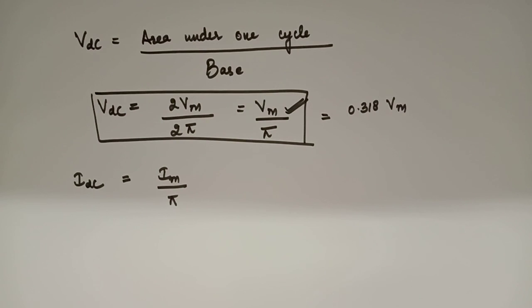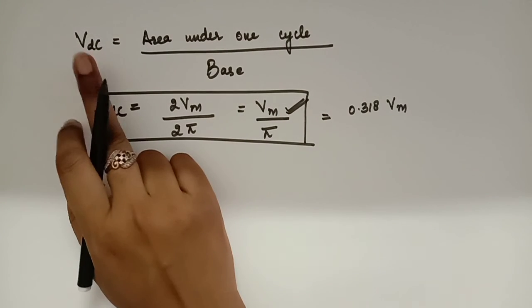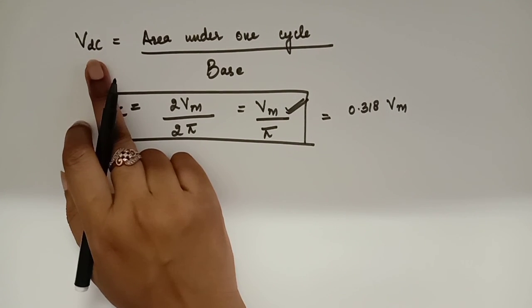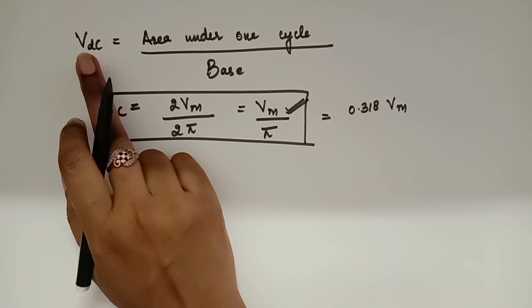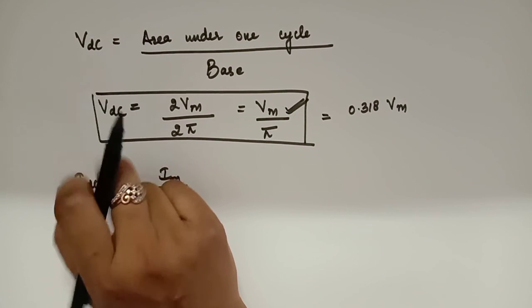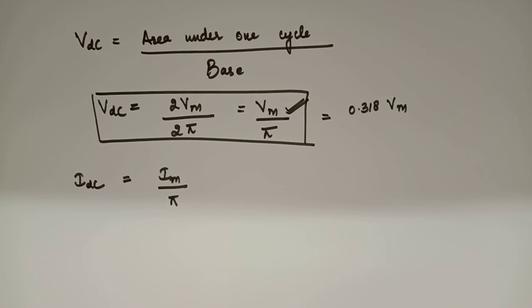So that's all for today. In the next part, we will calculate the RMS or the AC value. This time we have calculated the DC value for the output voltage of the half wave rectifier. In the next part, we will calculate the AC or the RMS value of the output voltage of the half wave rectifier, and we'll also calculate the efficiency of the half wave rectifier, which is very important for us to know, to see how efficient the half wave rectifier is.